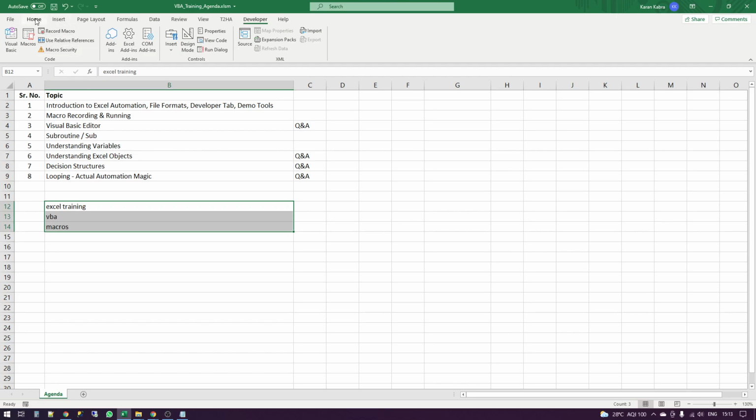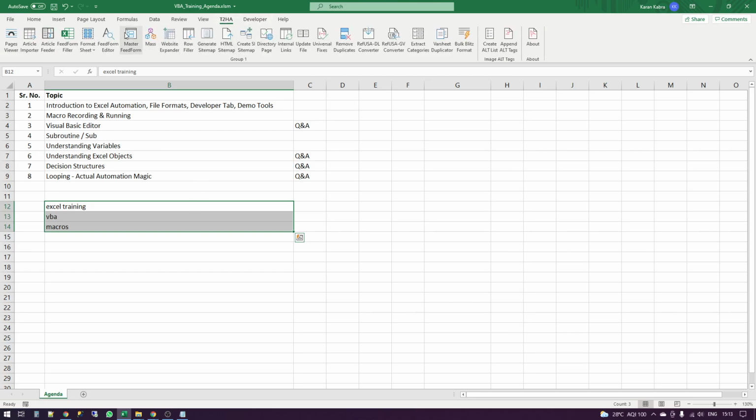I want to convert them to uppercase. Normally what you do is you write a formula here, copy it down, and then paste special values here, right? So if you use any bit of automation, I have created this toolbar. This is extremely high level, so you will have to really work through, learn a lot, and then you'll be able to build something like this. But this is something that I built for one of my clients. If I select this option, see, it has converted everything to uppercase directly.